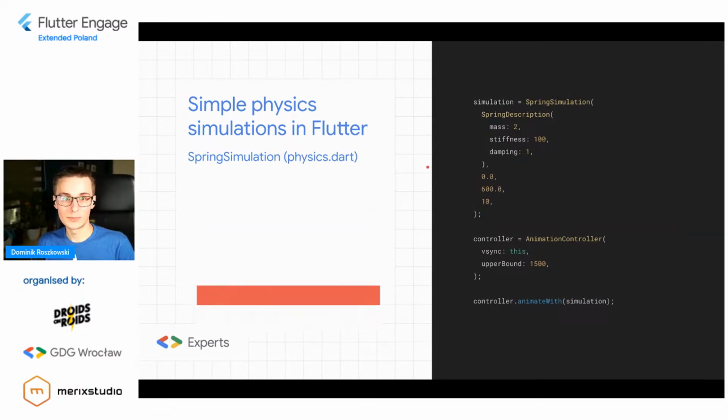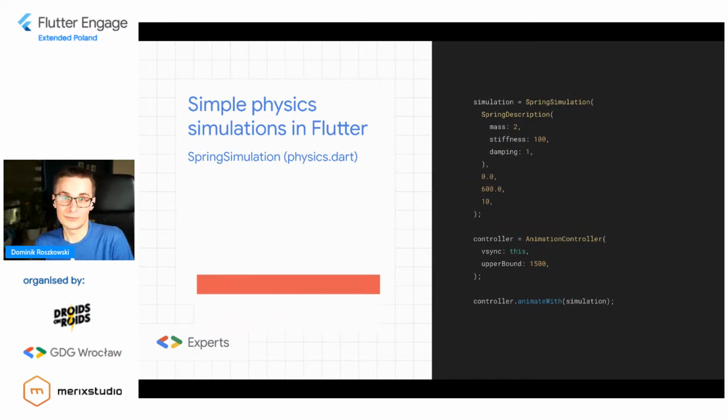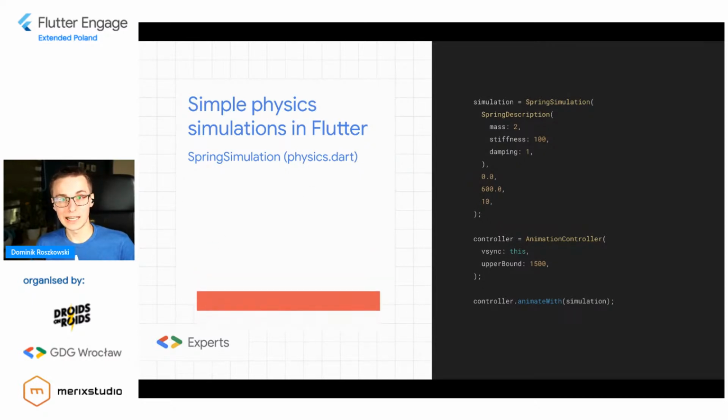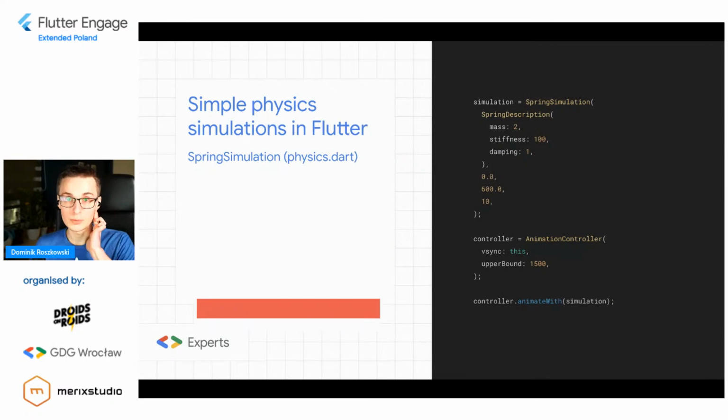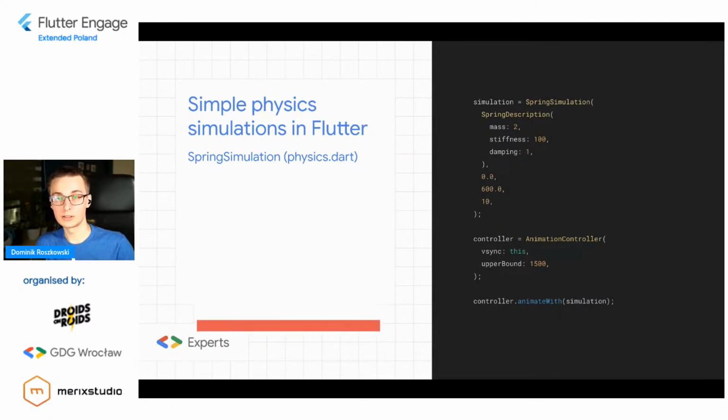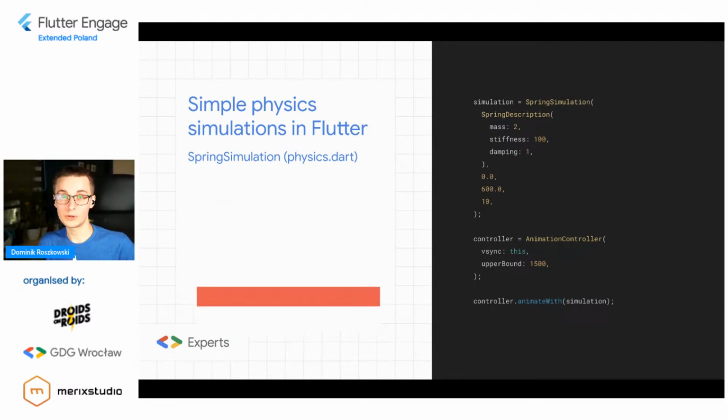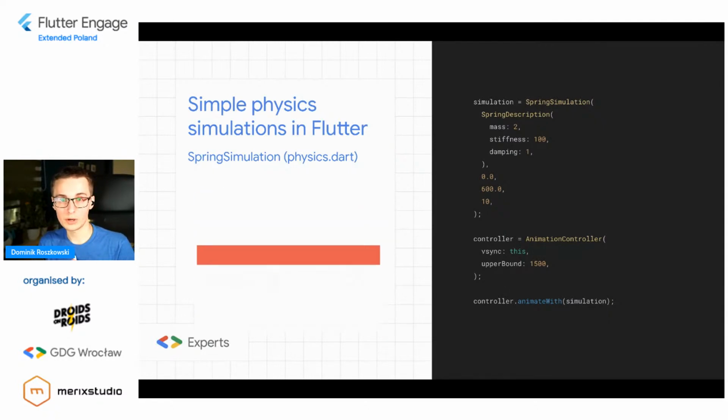But this is something that I find very amusing, that you have this kind of built-in classes in Flutter. Spring Simulation is one of them. There is also a gravity simulation, and they all are in the physics.dart library. This is a built-in library in Flutter. What it allows you is to have a Hooke's law simulation. So if you studied some engineering, or have had some physics before, you may remember Hooke's law. And Hooke's law estimates or interpolates the spring behavior.